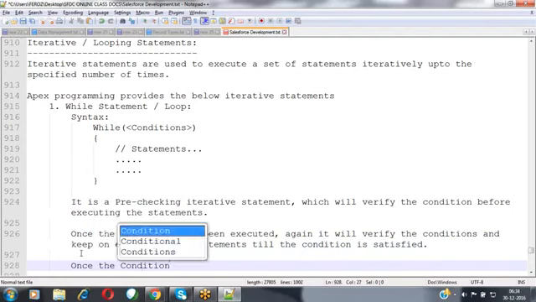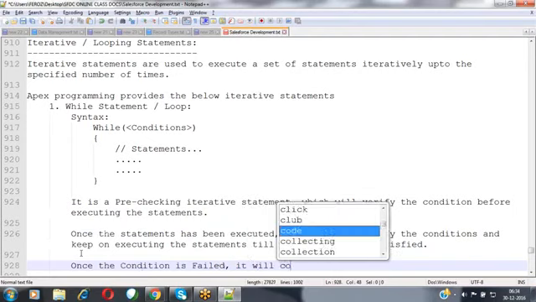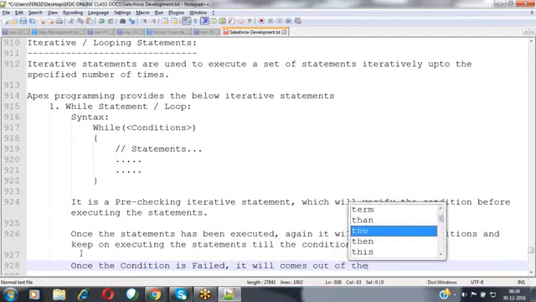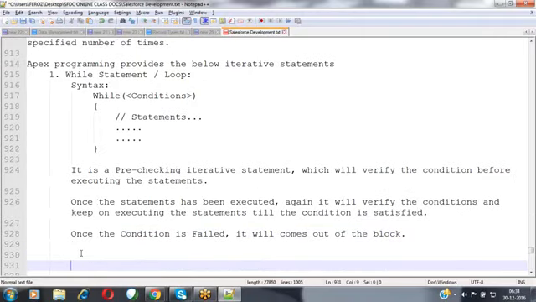Once the condition is failed, it will come out of the block here. So now this is the format of the while statement. This is called the while iterative statement or the while loop.